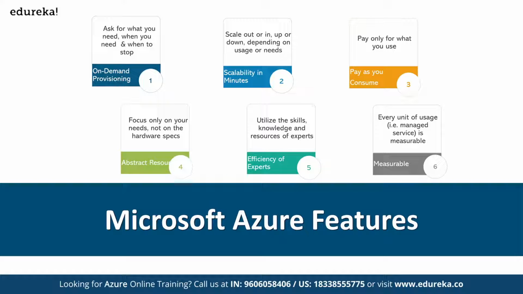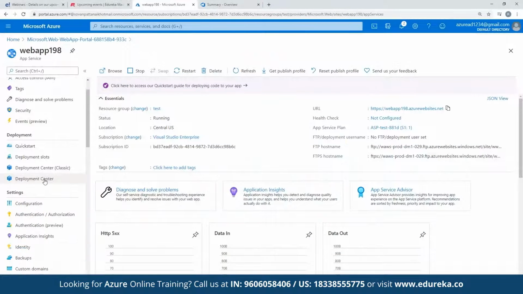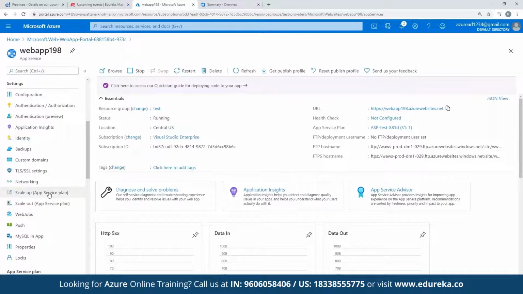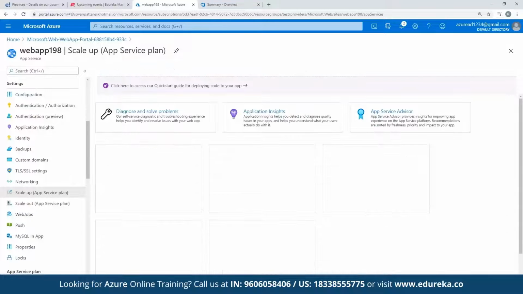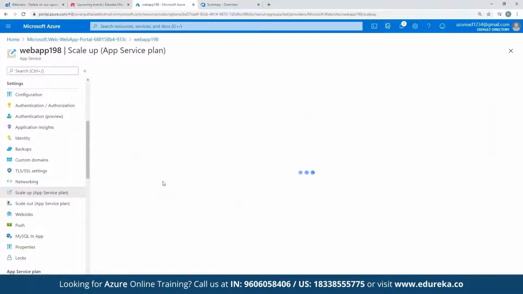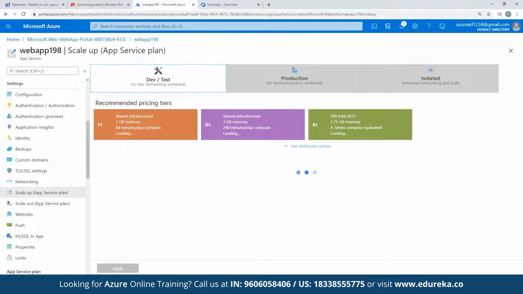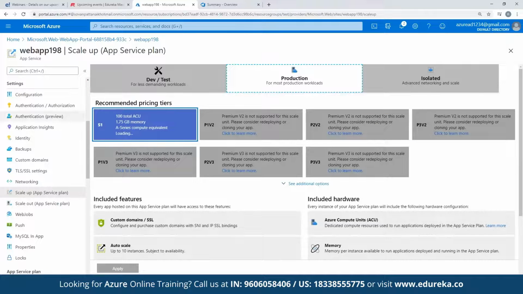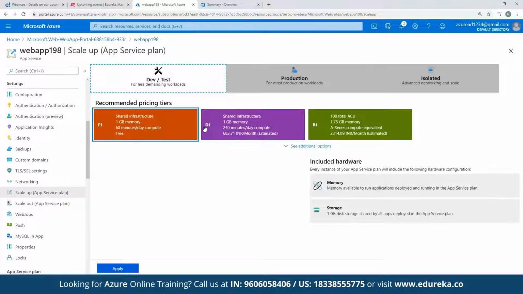And the scale out and scale in option which was there, I would like to show. Scale up and scale out are options which are instantly available, where you can scale out the load which you want. The app service plan gives more power or compute, let's say compute for production workloads. We have a lot of app service plans available, and for dev test we have other pricing tiers available, right?